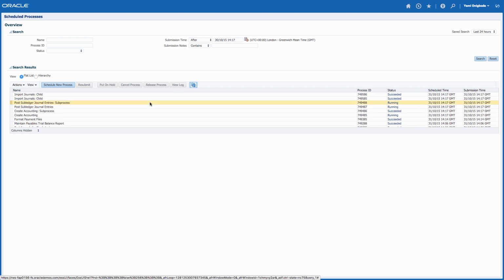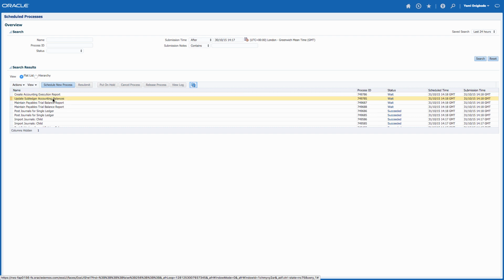Let's continue to see what's happening. It's posting the journals for the single ledger. It's maintaining the trial balance report. So it's quite a few bits and pieces that it's doing there. It's now running the create accounting execution report that tells us a bit about what is happening, and also